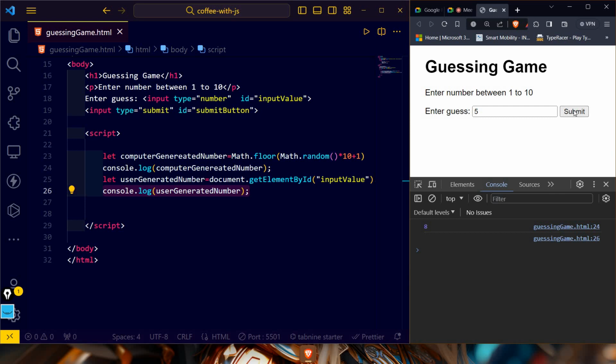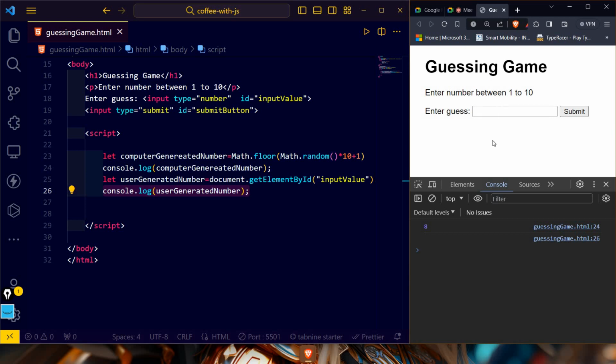फर्स्ट टाइम अगर किसी ने देख रहे होगे तो थोड़ा सा आंखों में दर्द होगा, बट इतना कुछ है नहीं। जैसे जैसे आप इसको बार बार देखोगे, you will be going to get familiar with it. तो यूज़र उस इनपुट एलिमेंट में जो भी वैल्यू डालेगा, वो जाकर मेरे userGeneratedNumber में स्टोर होगी, ठीक है। जैसे मैंने जनरेटेड वैल्यू को कंसोल लॉग किया था, इसको भी देखना है कि आप जैसे वैल्यू एंटर करते हो वो कंसोल लॉग हो जानी चाहिए।